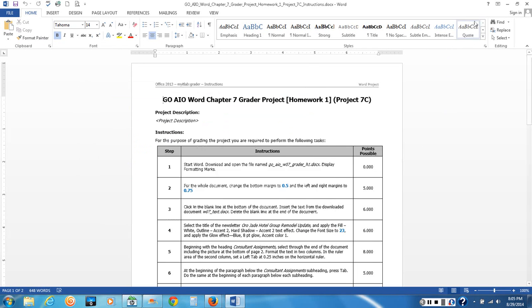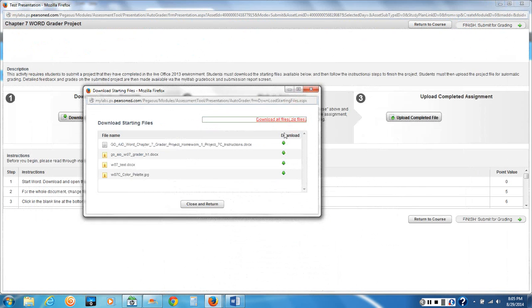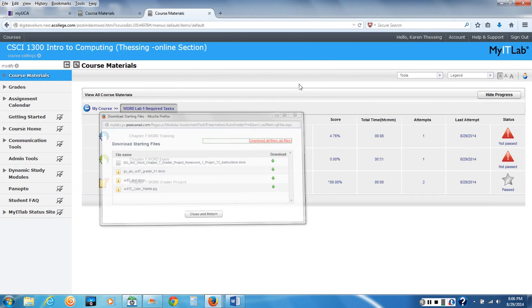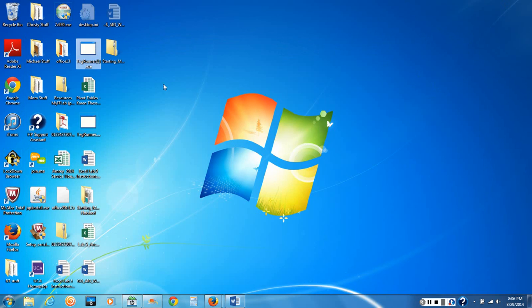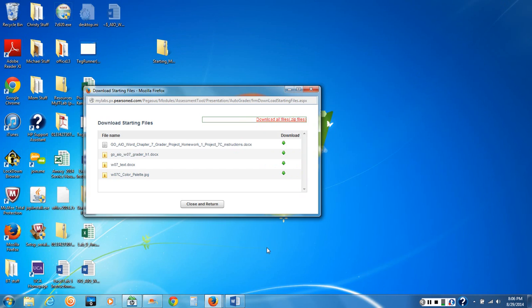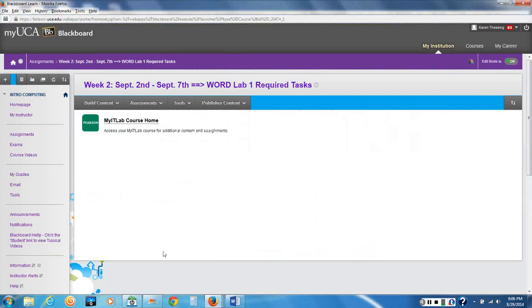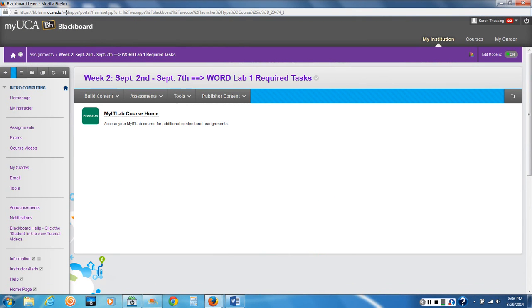And I thought I had mine set up to go to the desktop. I'm not sure. Let's see where it went. Starting material, here it is. And let me explain why mine went to the desktop. What I did was, I'm using Mozilla Firefox, so whatever browser you're using, up here if you look at the menu bar, if you right click anywhere up here on this top bar, if you don't have the menu File, Edit, View, that means the menu bar is turned off. If you right click on that blue bar at the top,